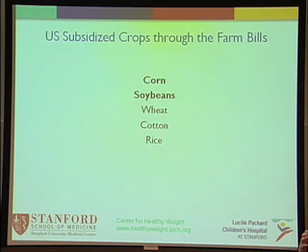Try to buy English muffins that don't have high fructose corn syrup. I challenge you, it can't be done. It's in everything that we eat. So we have these unnecessary calories that have been infused into all of our products, and that is additive. That is the culture that we're living in, and those are the kinds of things that are tipping the scales, no pun intended, to create these issues. Crops that are not being subsidized: fruits and vegetables.